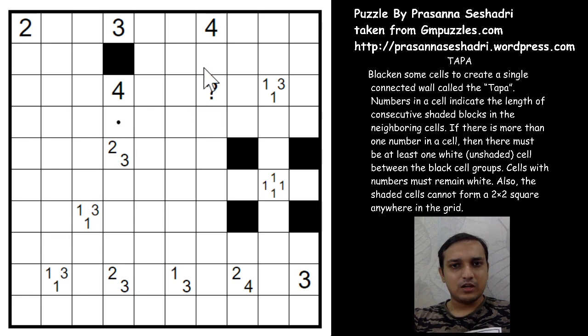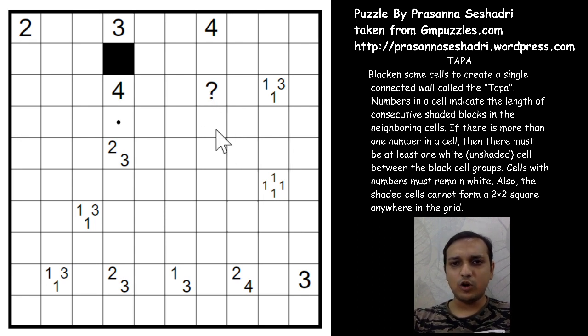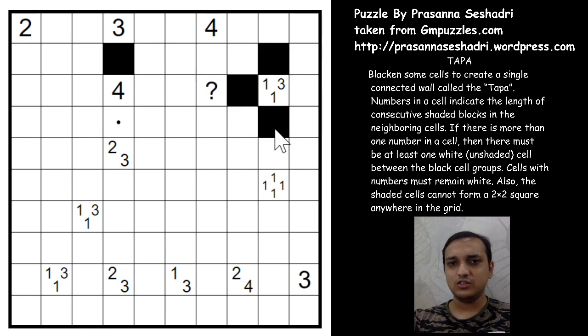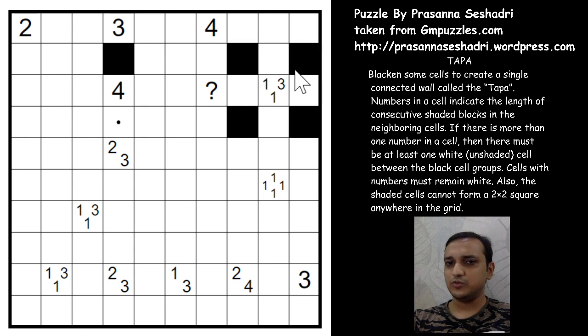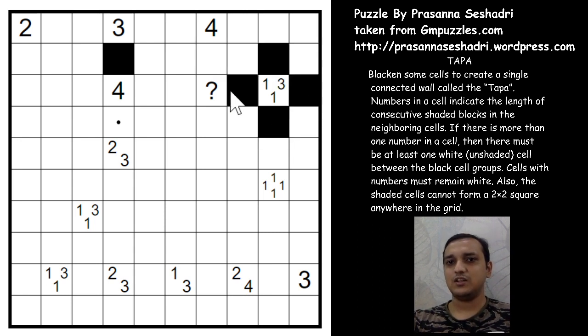So let's see what happens if you have 1, 1, 3 near to an edge, just one cell away from an edge, and again you have one more clue, any clue. I have given a question mark, but be it any clue, again near to that 1, 1, 3, right? So what happens if this is the case? As we know that either this or this arrangement is for sure, but what happens if we have this arrangement, when 113 is near to the edge?